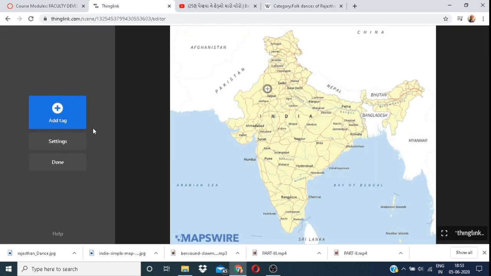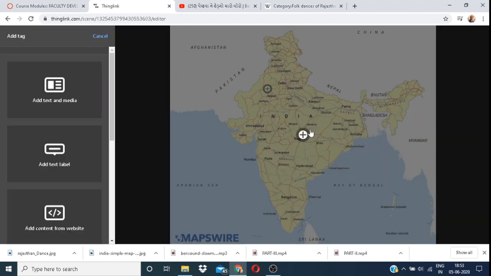I want to add another tag. I click on that, it appears on your image, and I put it on Gujarat. Now I want to add some dance form.